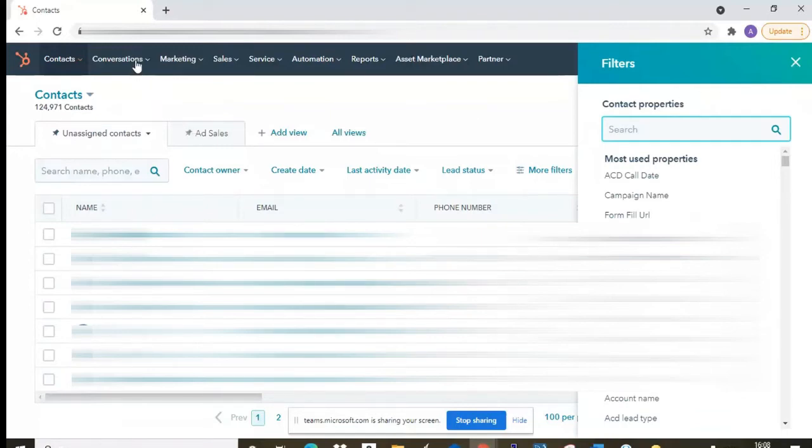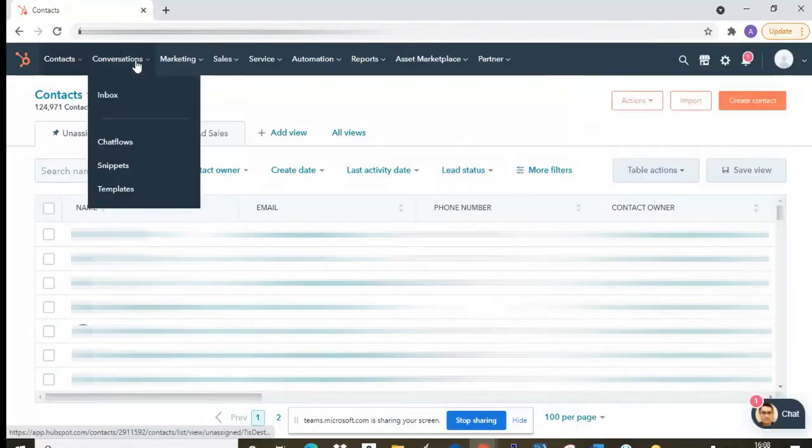Now coming to conversations. In conversations, HubSpot gives me a feature of inbox, where if I associate any account of my company to HubSpot, it helps me in creating tickets from those emails, and it is mostly used in sales. So that is the inbox. Then chat flows. As we all must have seen, we have various chat flows on websites. These chat flows can help us roll out any chat flow on our website, whether customized or a normal flow. HubSpot gives us that functionality of using their chat flows on our website. So here we can go and create our customized chat flows.